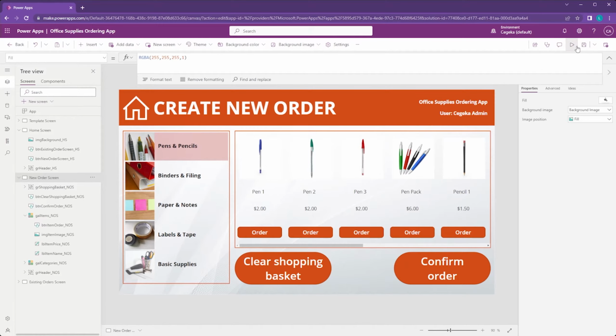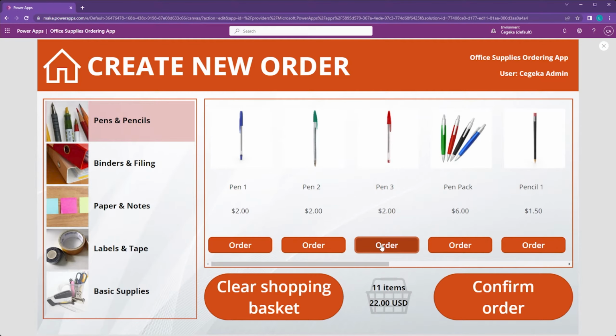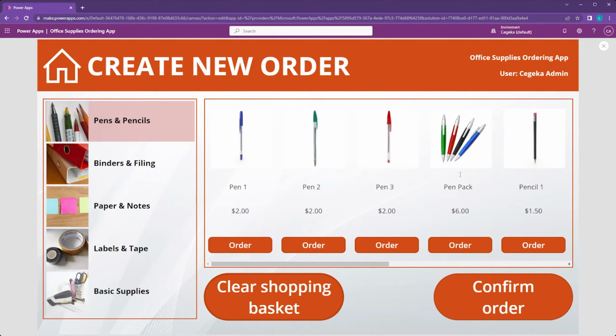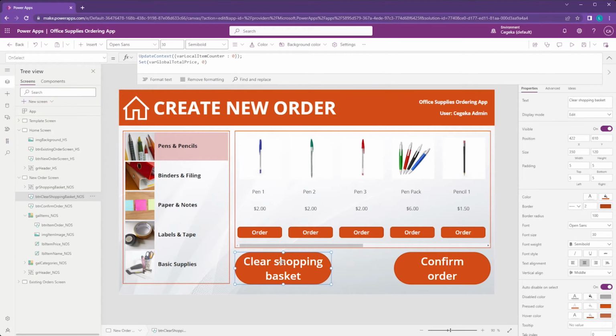But if I go into preview mode and the moment I click one of these buttons, you can guess what happens, right? Magic! And I can keep clicking it as much as I want, but if I click the clear shopping basket button, it immediately disappears because at that point the formula is re-evaluated and evaluates to false, which immediately hides our entire group. And we're going to apply the same logic to the display mode property of our buttons